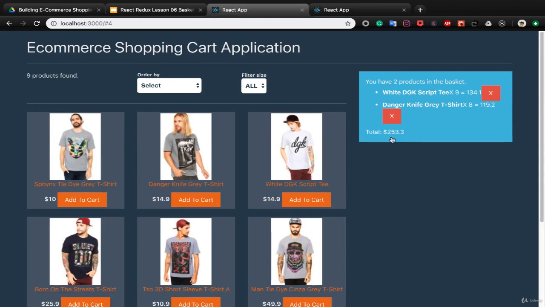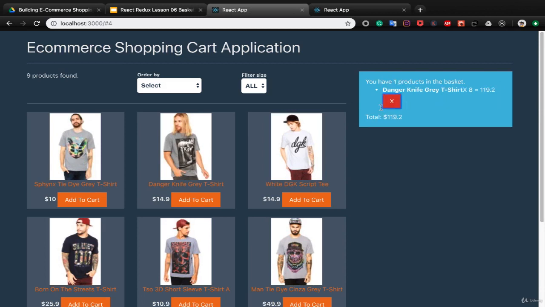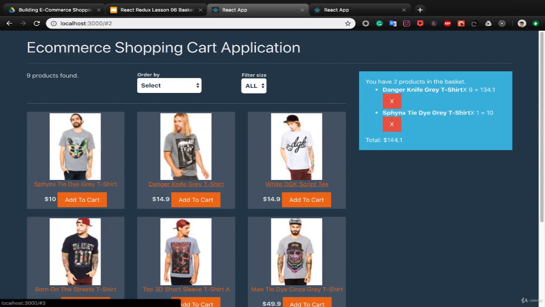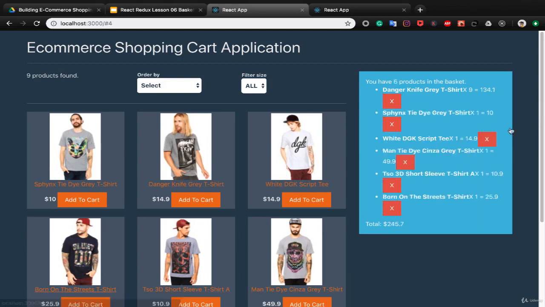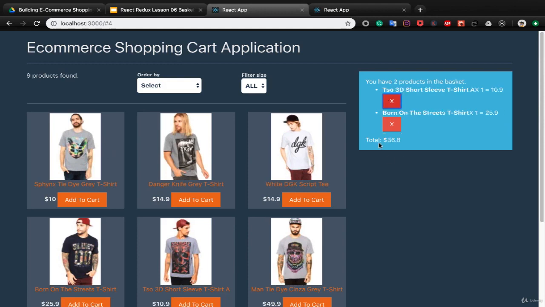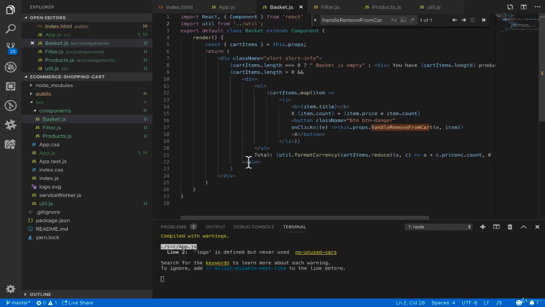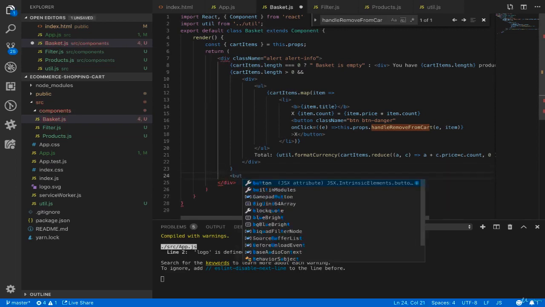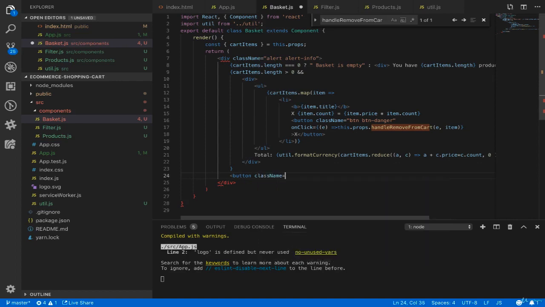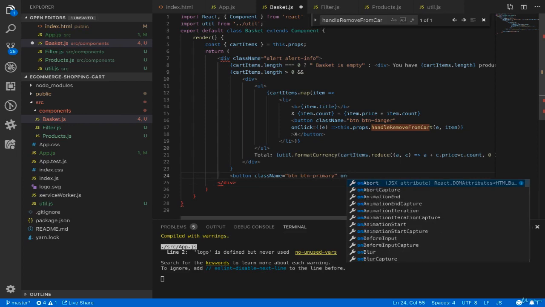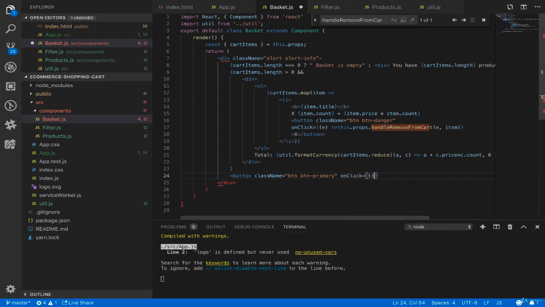That's it, all we did for developing the basket component, which enables you to add items to the basket and also remove from the basket. At the end, we just show a checkout button to continue the process. Button, className btn primary, and onClick will be